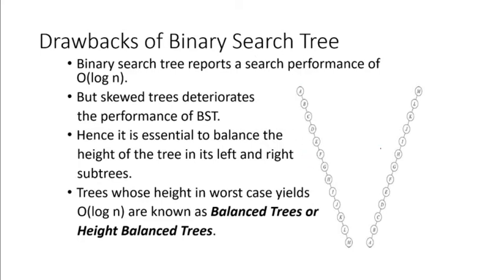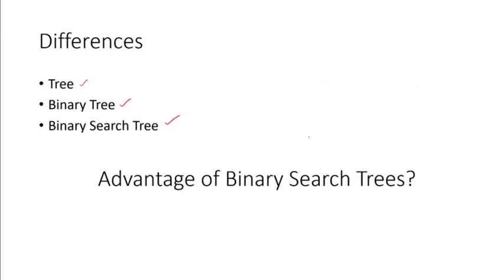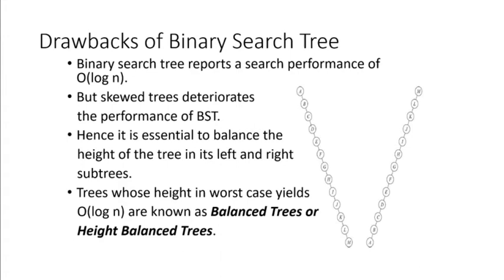If you are taking a skew tree, then normally when you take a binary search tree, suppose you have n elements in it, then on average, if you are trying to search for an element, it will take order of log n time. Okay, order of log n time, right? But if you are taking a tree something like this, see, this is a binary search tree and this is also a binary search tree. Okay, if there are n elements here,